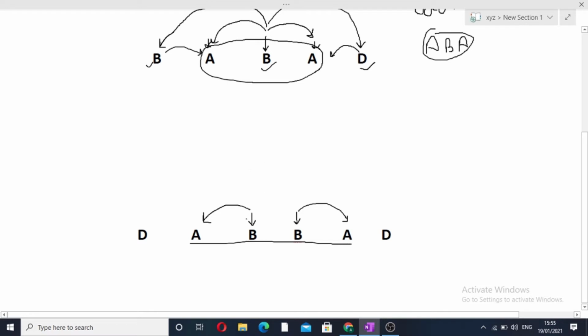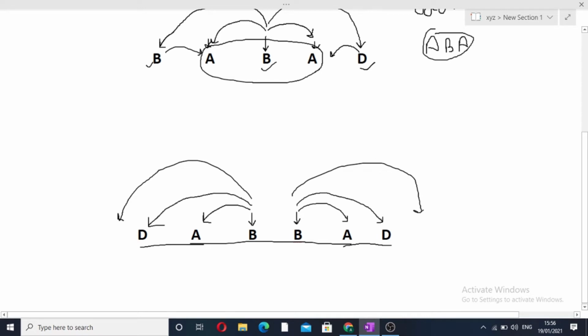Now again we will move twice behind this b and twice ahead of this b. We can see that these two variables d and d are again same. So these two variables will also contribute to the longest palindromic substring that can be formed using this b. Now again we will go 3 steps behind it and 3 steps ahead.